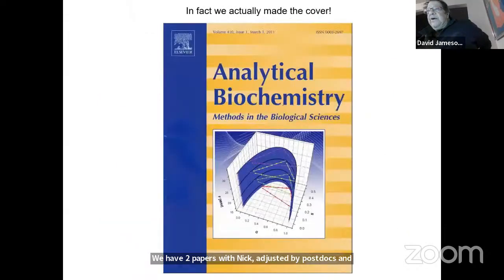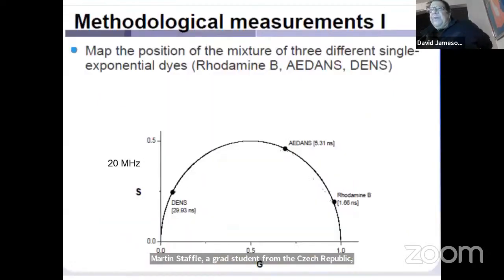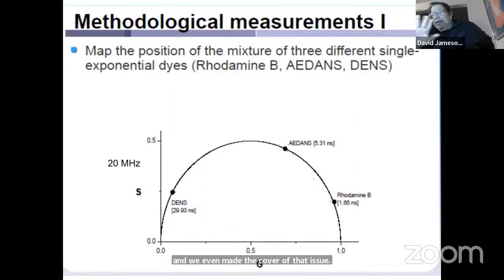And we even made the cover of that issue. But I think it illustrates in these papers the principles of phasors. So here we see actual data in the laboratory where at 20 megahertz light modulation frequency,